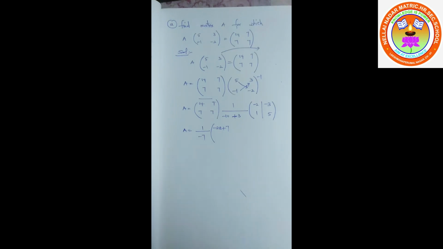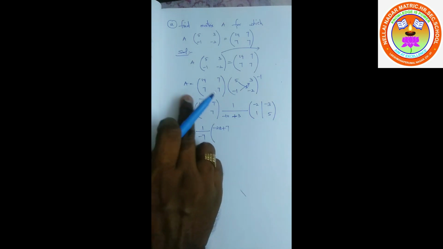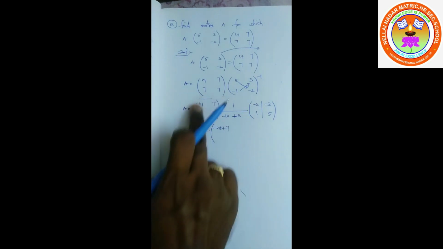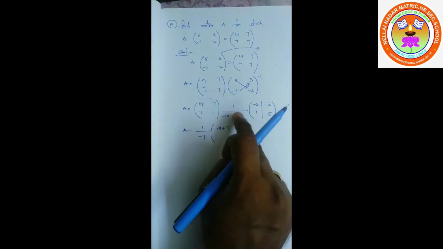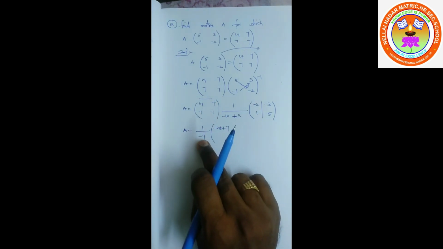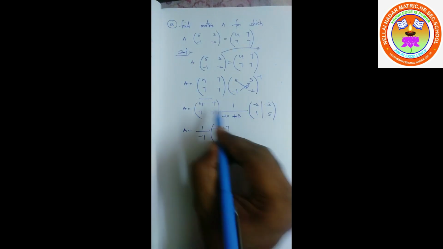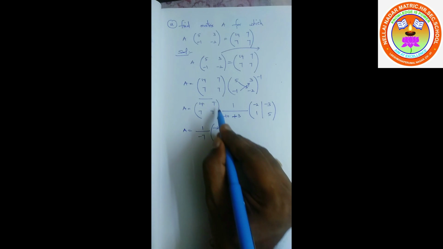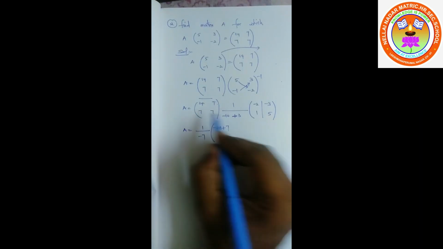Otherwise, we can do another procedure also. In this matrix 7 is common, I can take 7 outside. Minus 10 plus 3 is minus 7, here 7, so 7 and 7 get cancelled and minus 1 alone remains. But I proceeded, so I will move like that as it is. 14 2s are minus 28. 7 into 1 is 7.